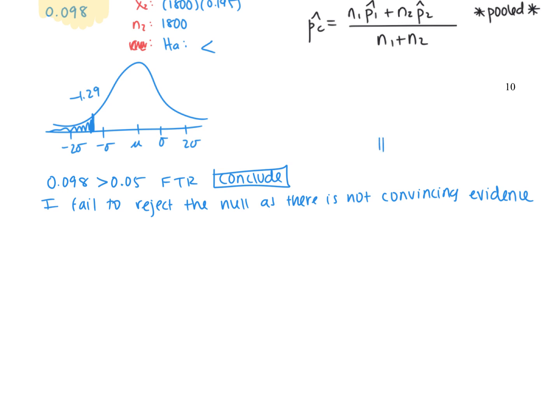As a reminder, our alternative was that P1 was less than P2. So I need to word this evidence in terms of proportions. So I fail to reject the null as there is not convincing evidence that the true proportion